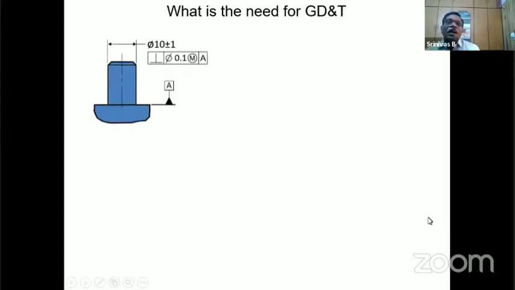You see, ladies and gentlemen, there is a pin which must have been press fitted, or it is integrally machined, whatever it is. You have the pin whose size has been given, and tolerance has been given. It is controlled by GD&T. It not only has dimension and tolerance, it also has a geometrical constraint. Now, I would like to explain the term MMB.